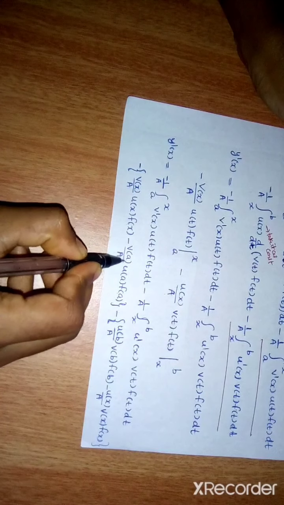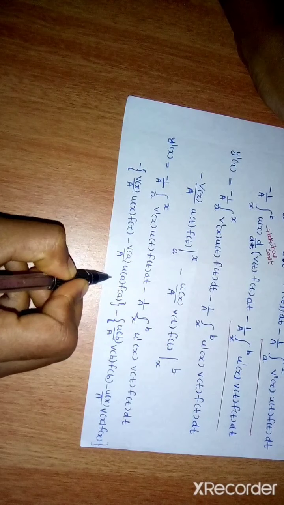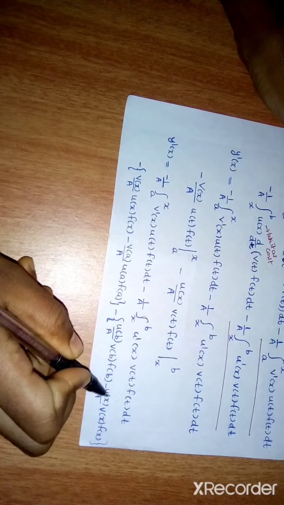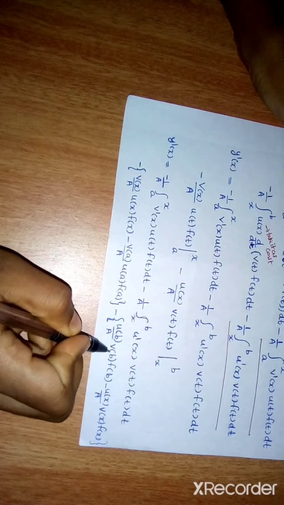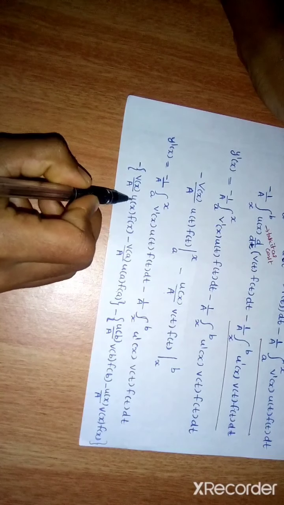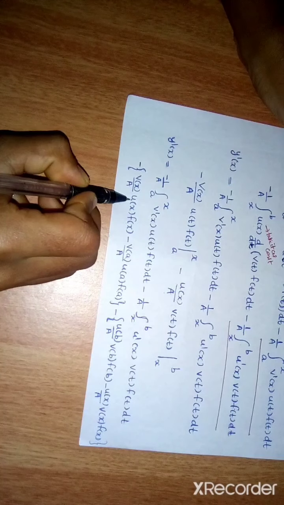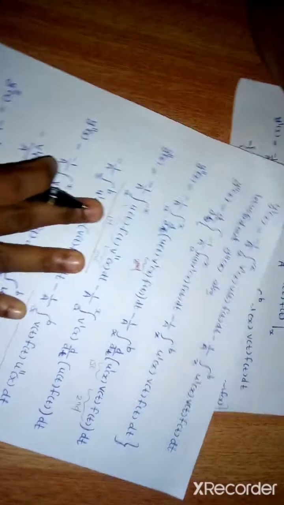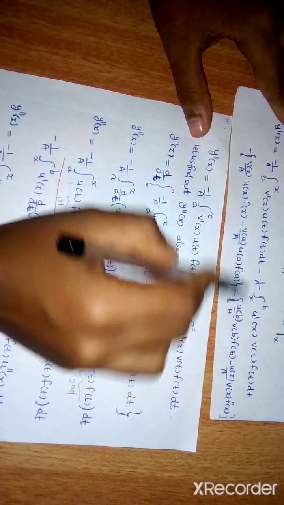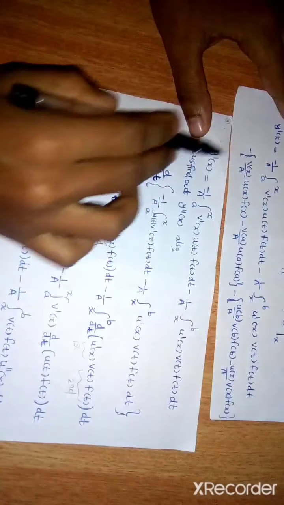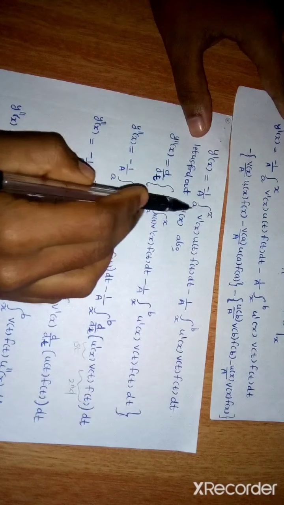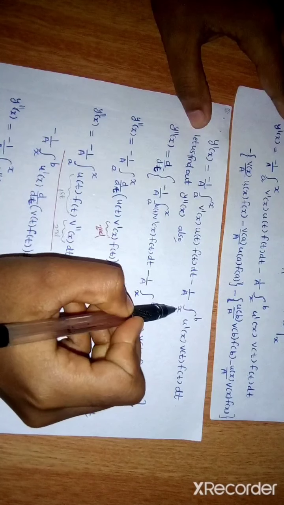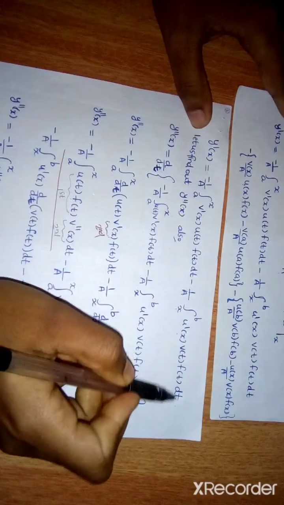But we know these v of x, u of x terms are equal to 0 because they are constant. That's why v of a, u of a are 0, and here also u of b and v of b are 0, and the left terms just vanish. Then what we get, when these two terms vanish, the left terms are y dash of x equal to minus 1 by a integral a to x v dash of x u of t f of t dt minus 1 by a integral x to b u dash of x v of t f of t dt.